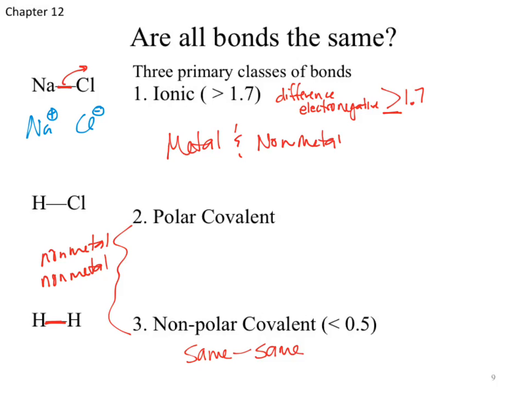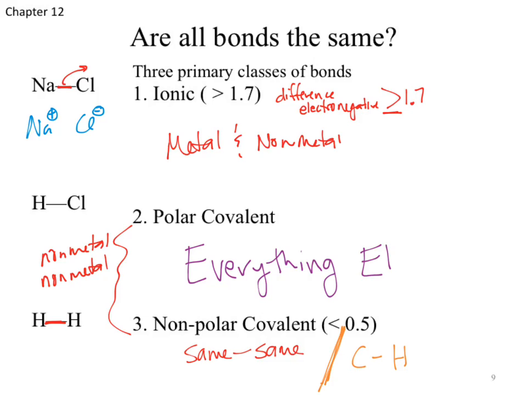Okay? The next little trick that we'll throw in there really just comes from organic chemistry. Carbon bound to hydrogen is classified as nonpolar covalent as well. So then what does polar covalent become? Everything else. Okay? Does this work perfectly? Absolutely not. Does it work 80% of the time? Yes. Okay? If you move into organic chemistry, we'll simplify that polar covalent down a little bit more.